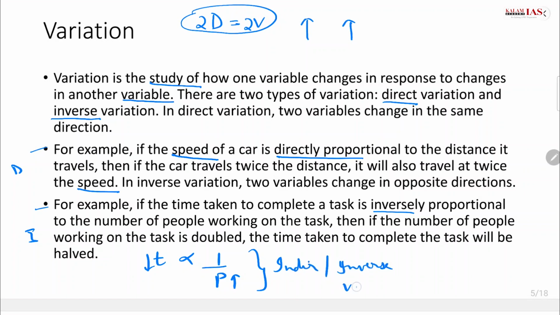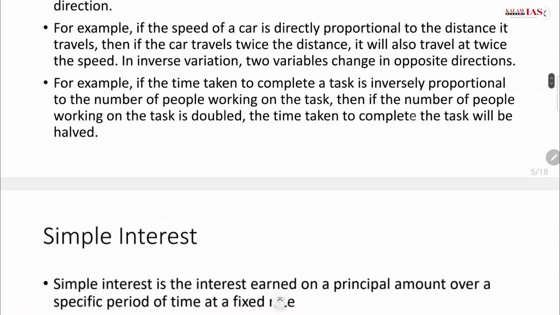Again, a very simple concept, wherein we try to relate one concept with the other one and how it changes with respect to the other, and the time taken will change accordingly. Moving on, the next concept is